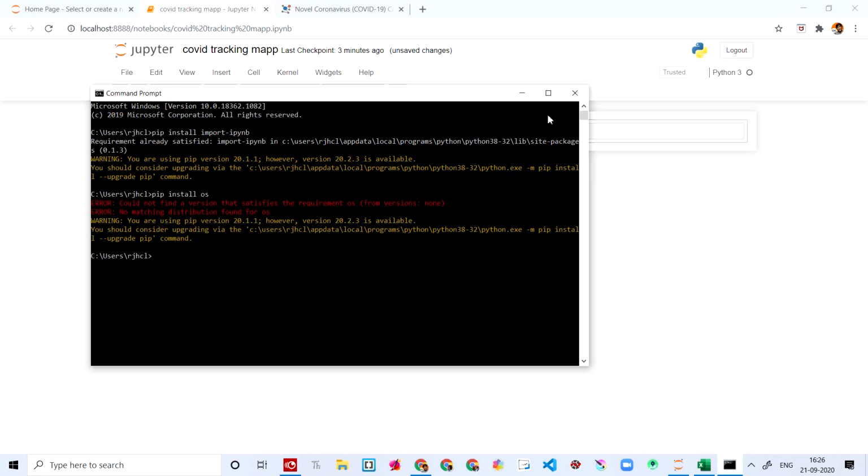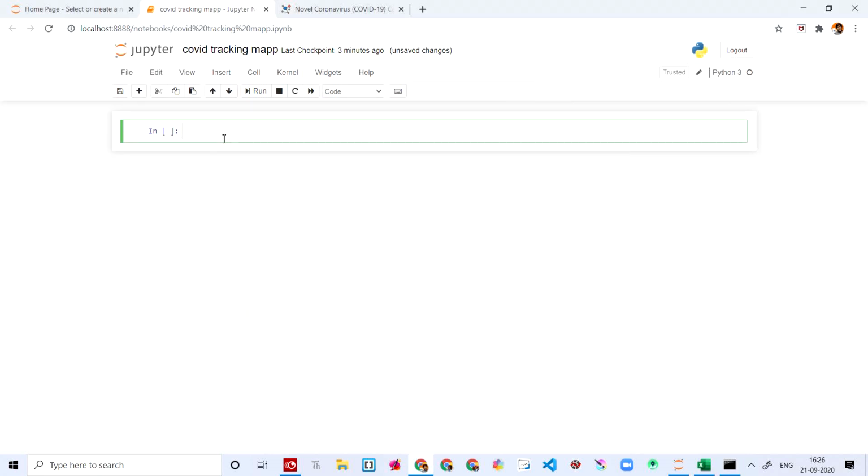It could not find the version, that's fine, I did that just for safety. Here we say import os, and then import import_ipynb. Remember these two are the main ones, so that you don't get any errors. And then from ip import. Actually there's no use of it, but let's just write it down.